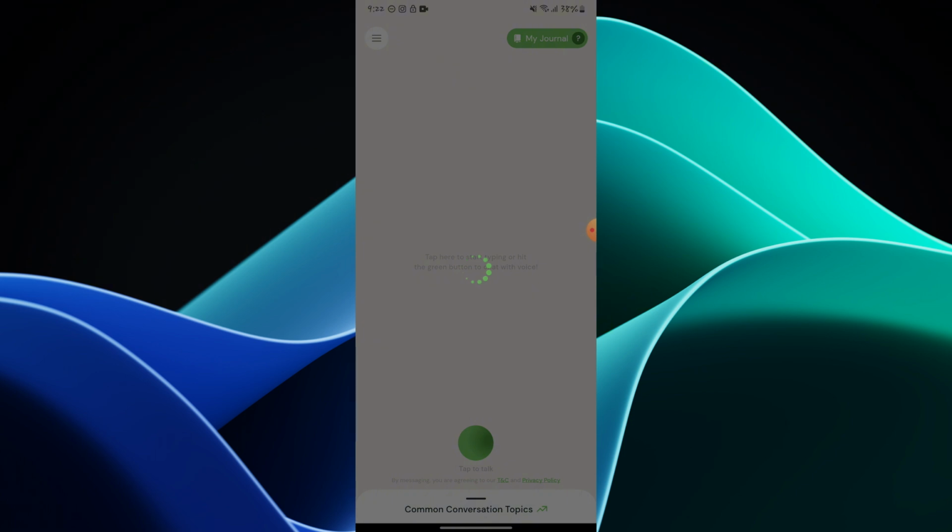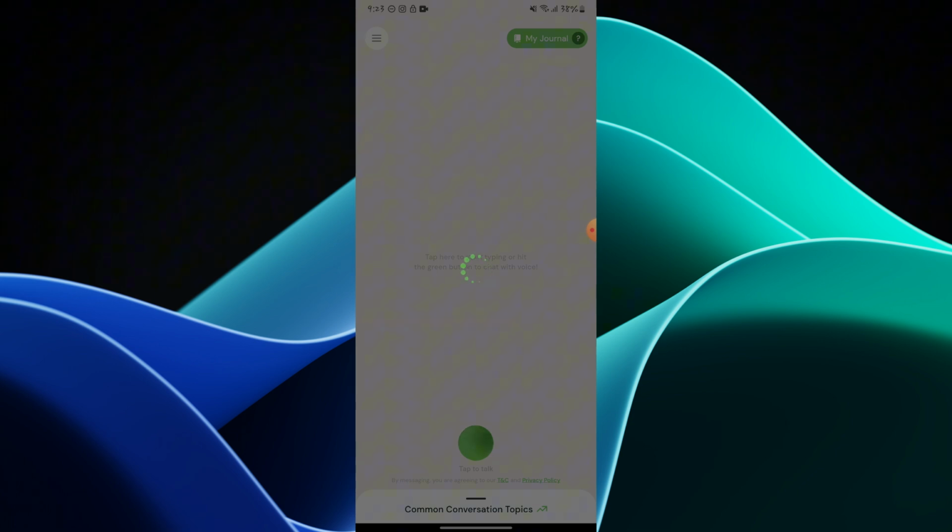and in here you can talk to this application, which has AI conversations or something like this. So you can tell them your problems and describe your days, and they will listen to you and give you advice and try to make you feel better. You can talk and you can type,